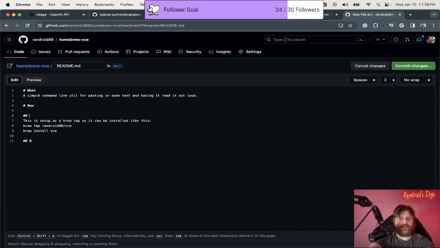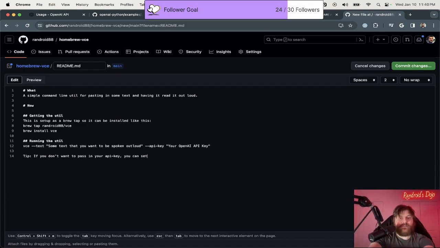see how we can say getting the script, getting the util, one thing, and then the other one is running util. So you run it by doing just VCE and then dash text, some text that you want to be spoken out loud. Dash API key, your OpenAI API key. Alternatively, note tip: if you don't want to pass in your API key, you can set